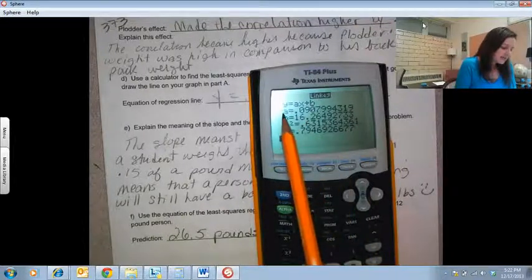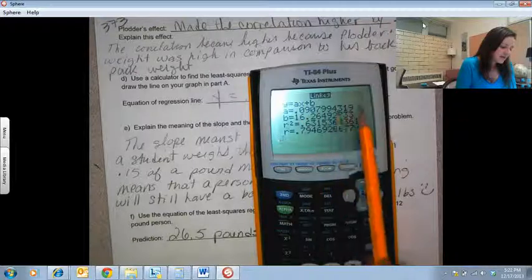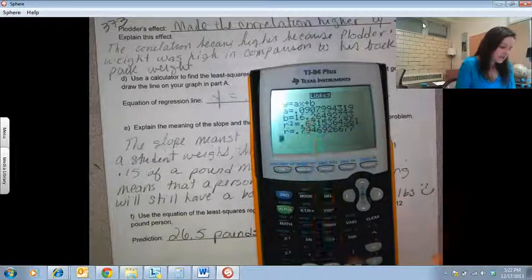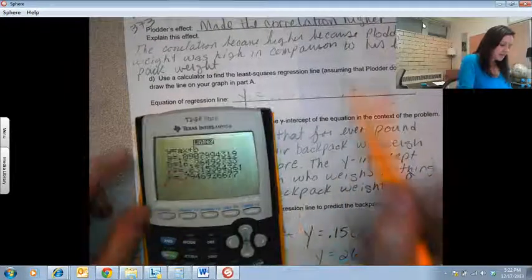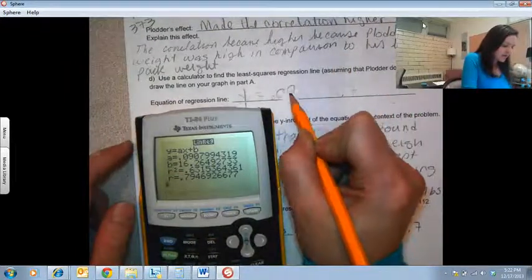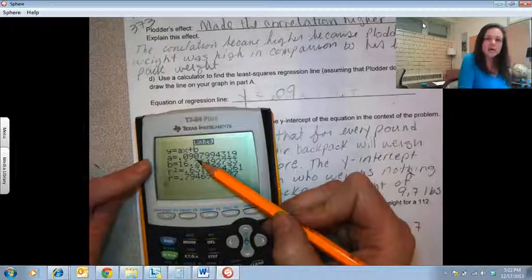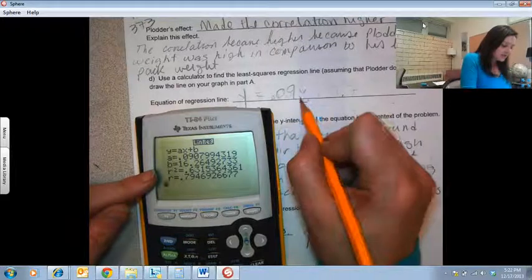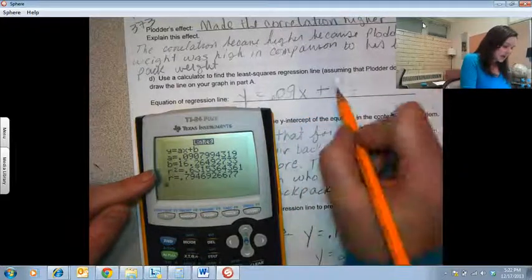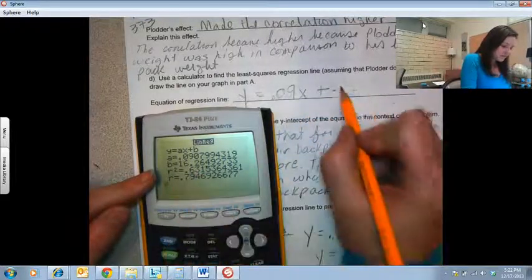It's going to give me the slope, and it's going to give me the y-intercept. So my slope is 0.09, because that's the A, or whatever one is next to the X. X plus, and my y-intercept here, which is represented by B,